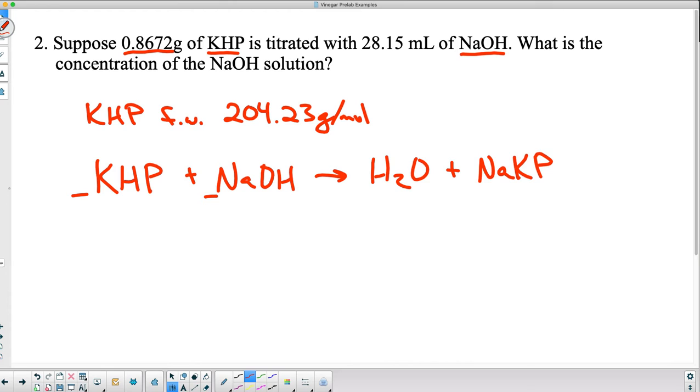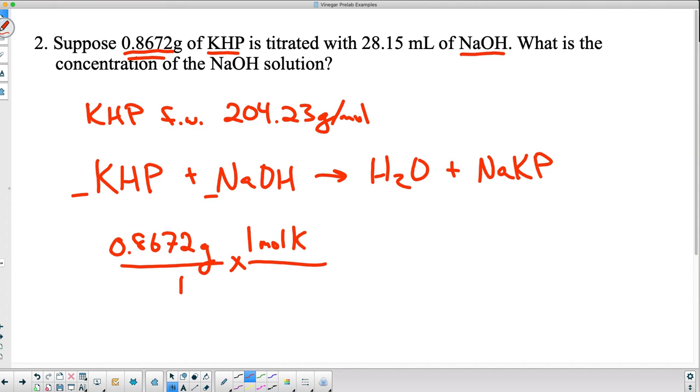Let's start from the beginning now. Suppose we have this amount, the 0.8672 grams. So we're going to put that over 1, like we always do, and we're going to change KHP from grams to moles. I do that by 1 mole on top of KHP is the same as 204.23 grams on the bottom, like this. And what I get then after that calculation is 0.004246 as my number of moles of